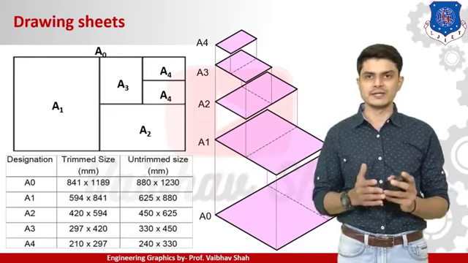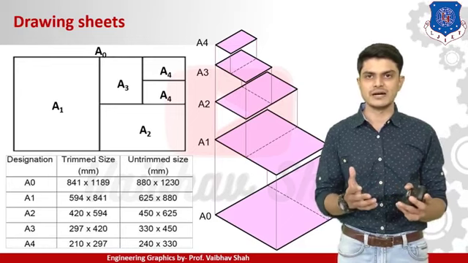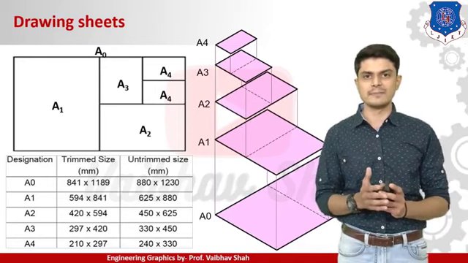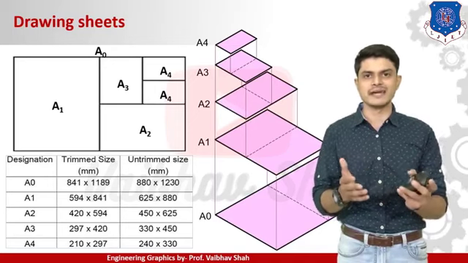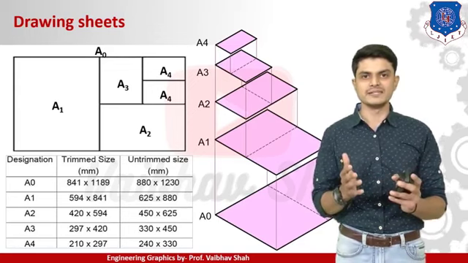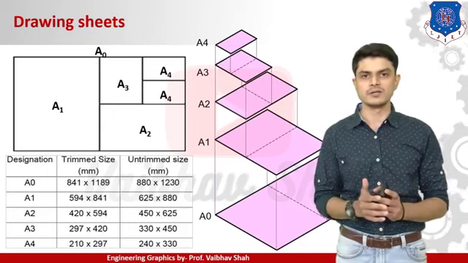Now for the next sheet, for the A2 size sheet, what we'll do is we'll take the dimension of the A1 size sheet, which is now 594 by 841. So we have to select the length from these two dimensions. So 841 is obviously a greater dimension, so that means it must be the length of that sheet. So we need to divide this 841 by 2